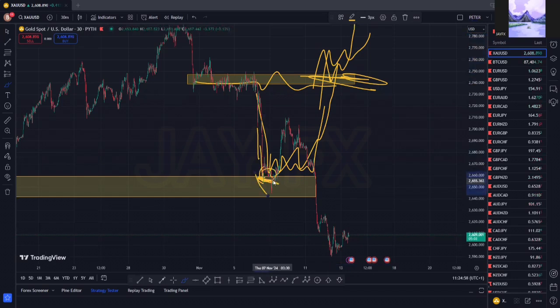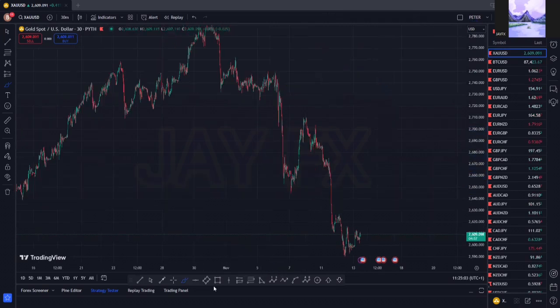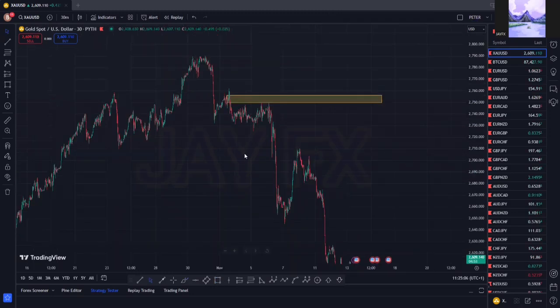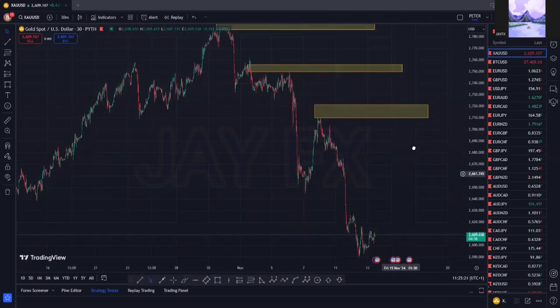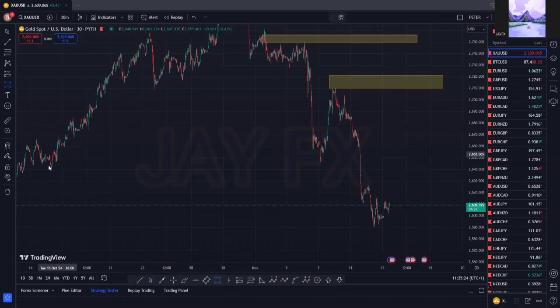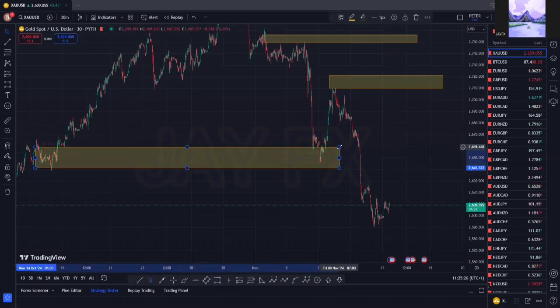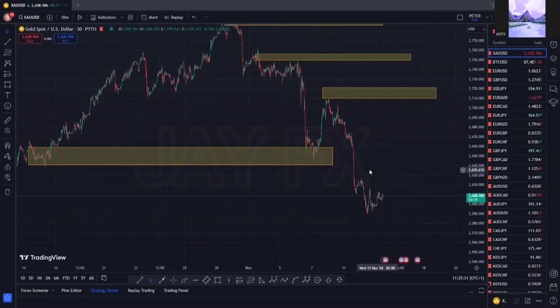After failing, it went back to, let me just delete this and make this clear. If I create this resistance, then you will clearly understand what I am talking about. I will draw this in any way, just to give you an example. So this is the zone that we were talking about. I'm not gonna draw it in a clear way because we don't have time to do so.